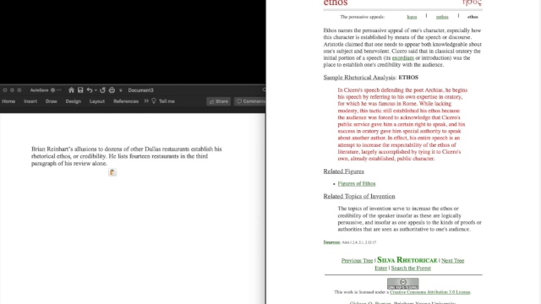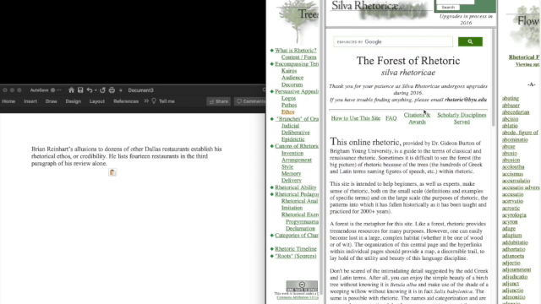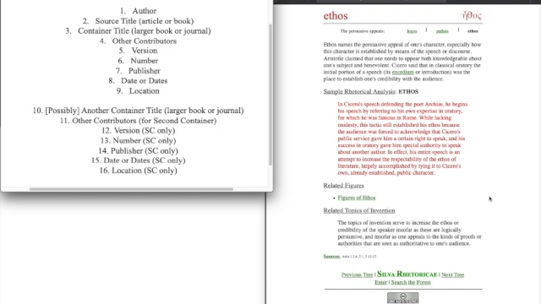We're going to start with the works cited page because that's how our reader finds the sources that we've used. Here on the right is the ethos page from Silva Rhetorica, which will hopefully feel familiar. You can see that this website has a lot of information all over it. Down at the bottom, it has the author of the website, the name of the website. Up at the top, it has the name of the page. We also know that this website is sponsored or published by Brigham Young University. And if we go to the first page of the website, we'll find out that this website was last updated during 2016. MLA has us find approximately 9 pieces of information for each material that we cite.